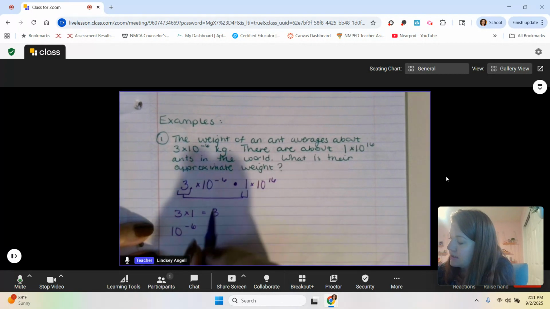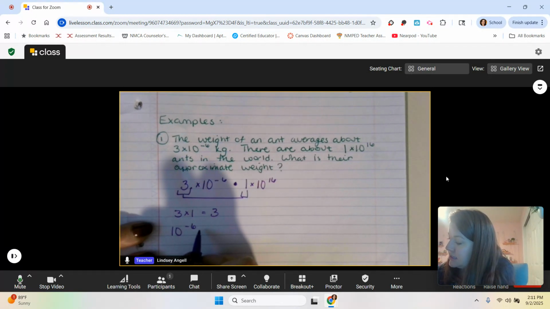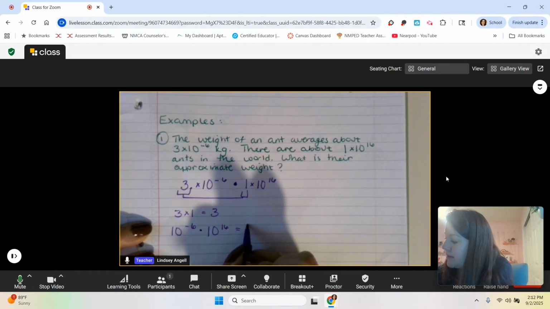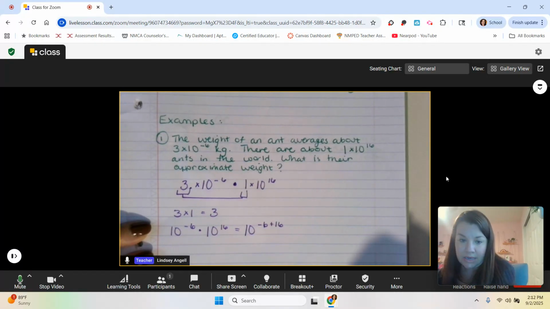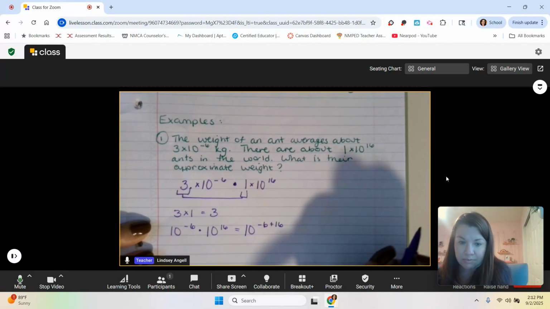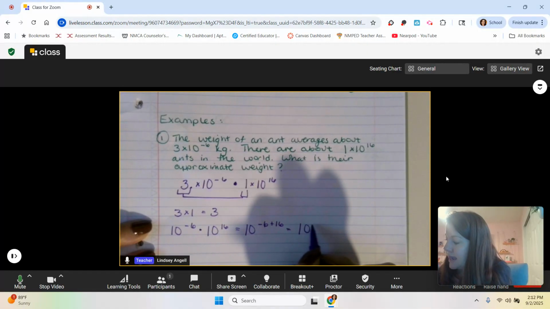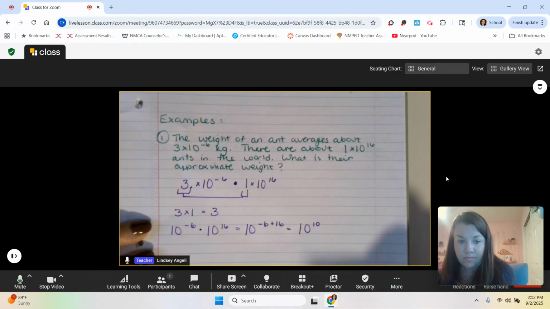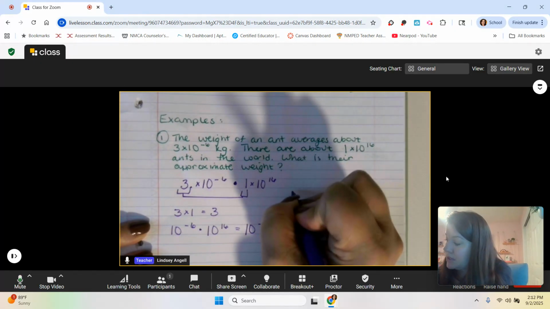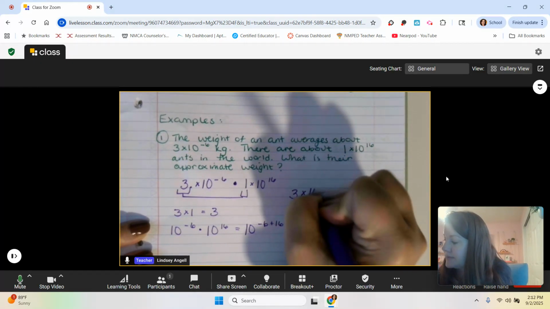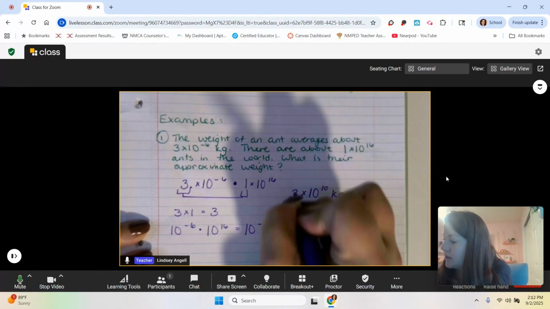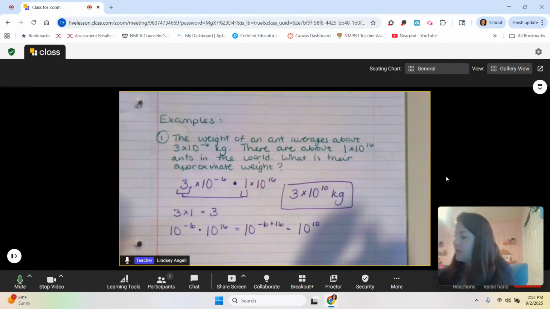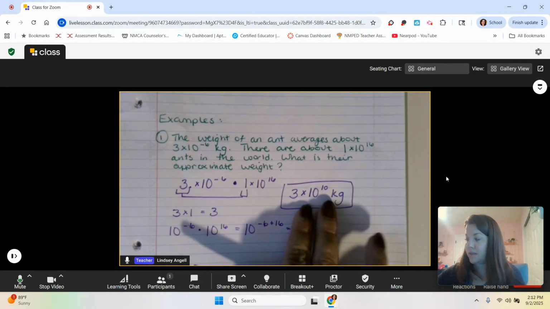my powers of 10, so I've got 10 to the negative 6 times 10 to the 16. Well, I can rewrite that as 10 to the negative 6 plus 16. Well, negative 6 plus 16 is 10 to the 10th. And then I can go ahead and combine them. So I've got 3 times 10 to the 10th, and this would be kilograms. That's how much, if we were to add the weight of all the ants in the world, that's how much